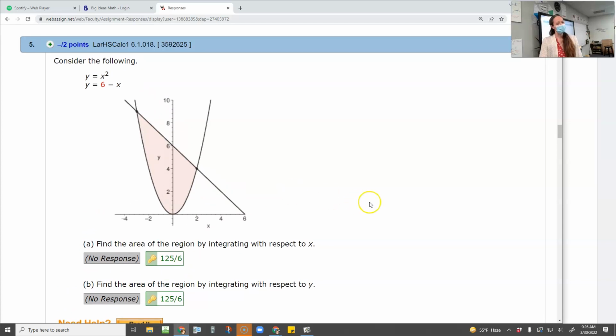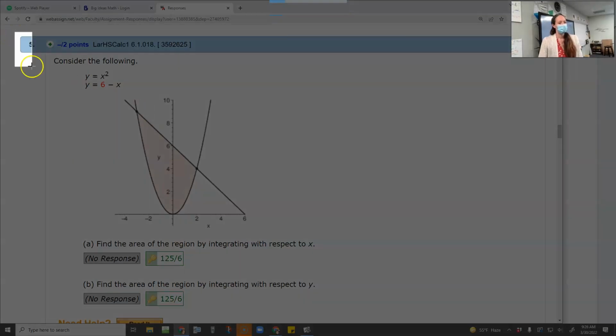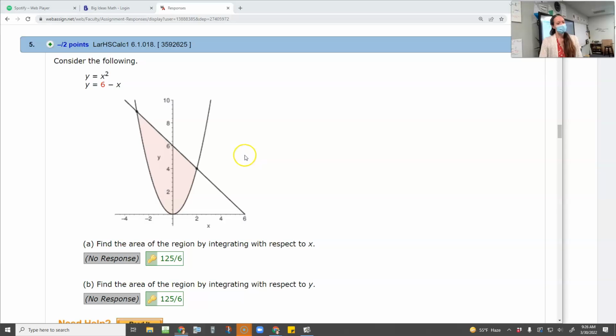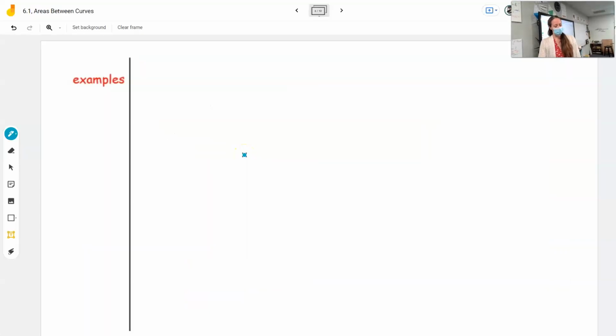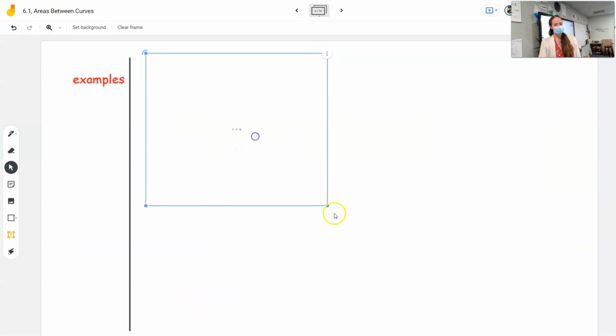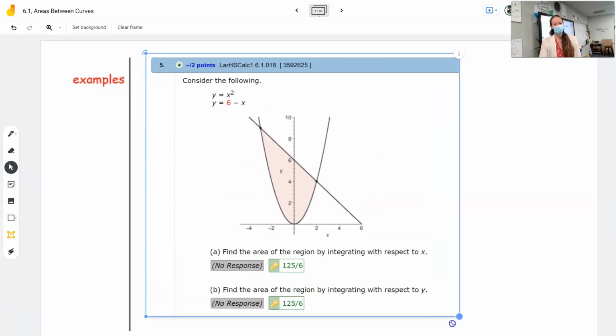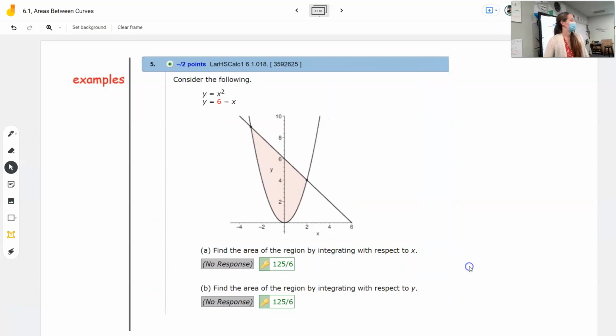So then maybe I'll just go to number 5 since no one found another specific one necessarily, because this says with respect to x and with respect to y, so it's like the tricky one that we just did. So I'll see if I can just help you set this up, because it's like the tricky one that we just did, and I wouldn't want you guys to agonize over this on your own. So if we were thinking about this with respect to x,